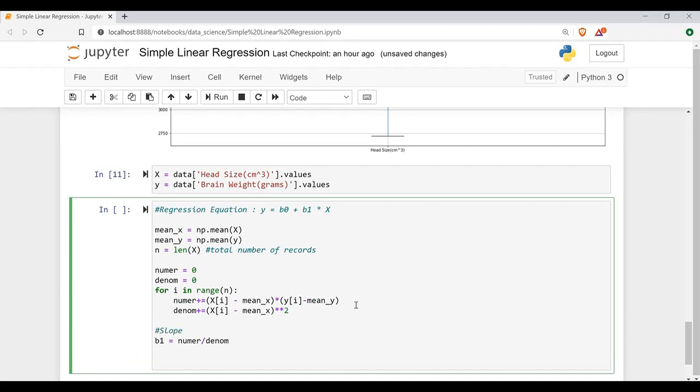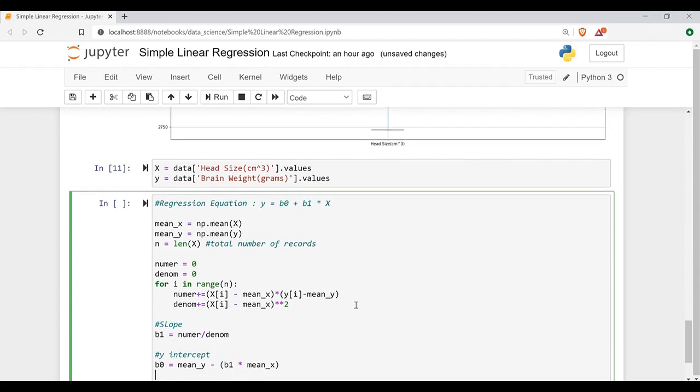And once we find out the slope, we can find out the y-intercept, and the y-intercept will be b naught, which is given by mean of y minus b1 into mean of x. So this is how we can find out the intercept, that is the y-intercept.